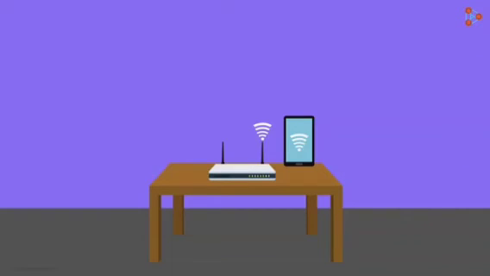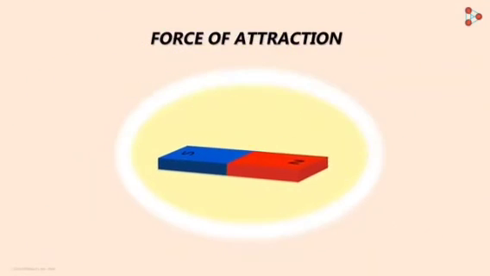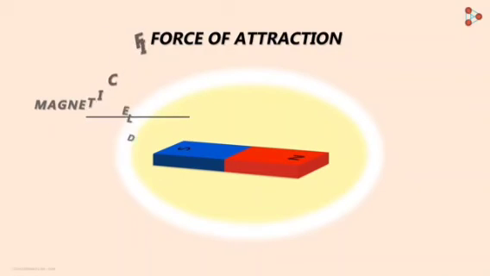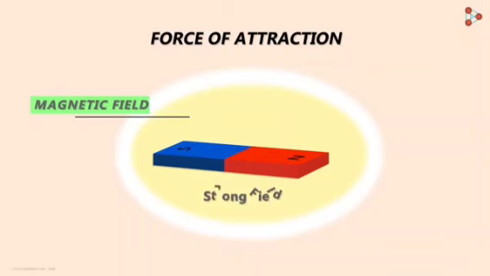One can think of magnets in the same way. A magnet has a magnetic field around it. The strength of this field is greater closer to the magnet and decreases as we go further away from it. As you bring any ferromagnetic object in this field, it experiences a magnetic force. The closer we bring that object to the magnet, the greater the force it will experience, until at some point the force will be large enough to make the object leap towards the magnet.